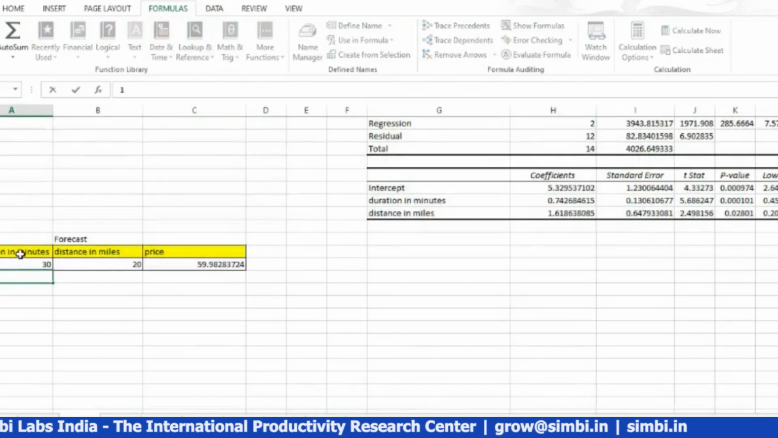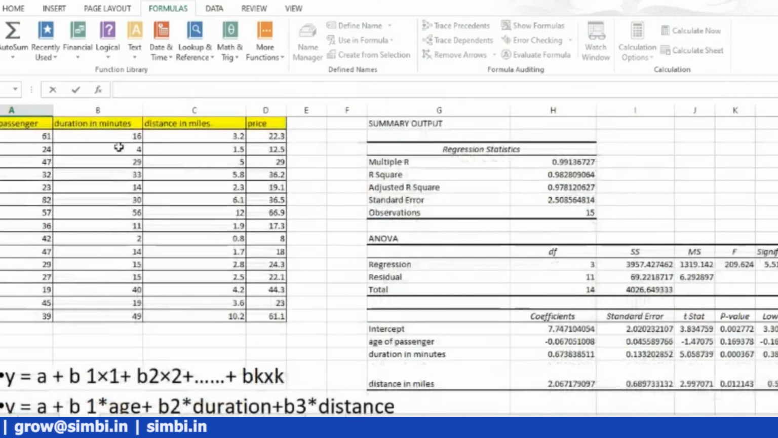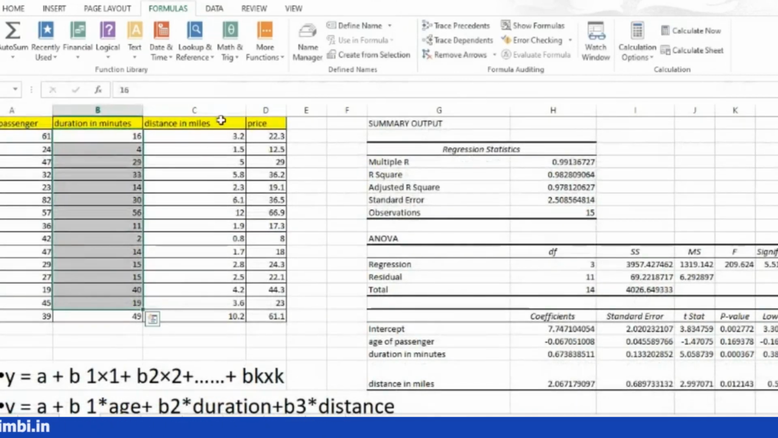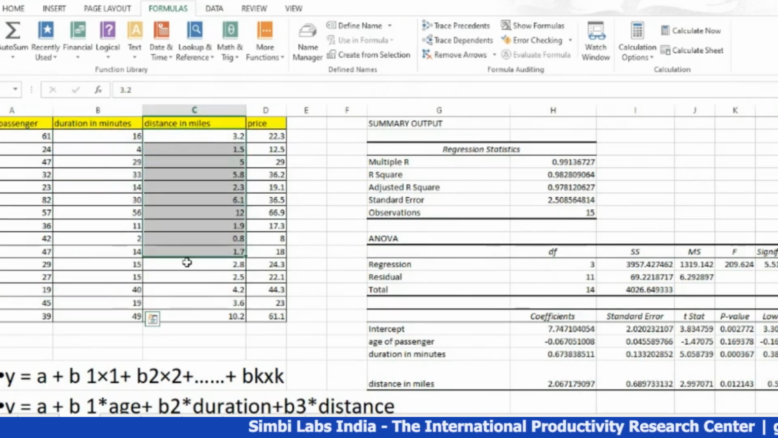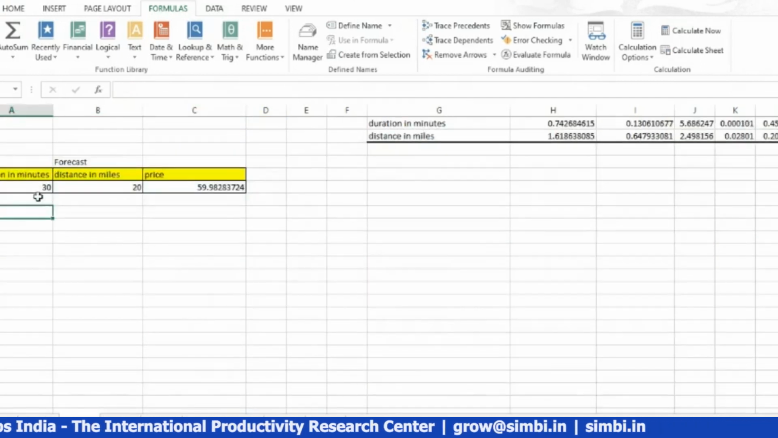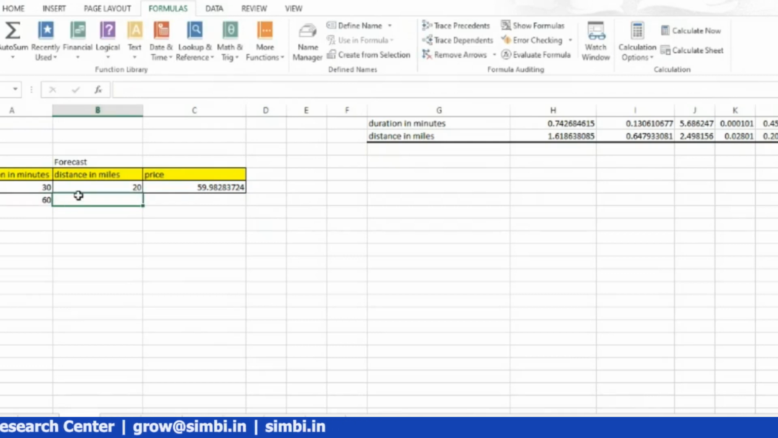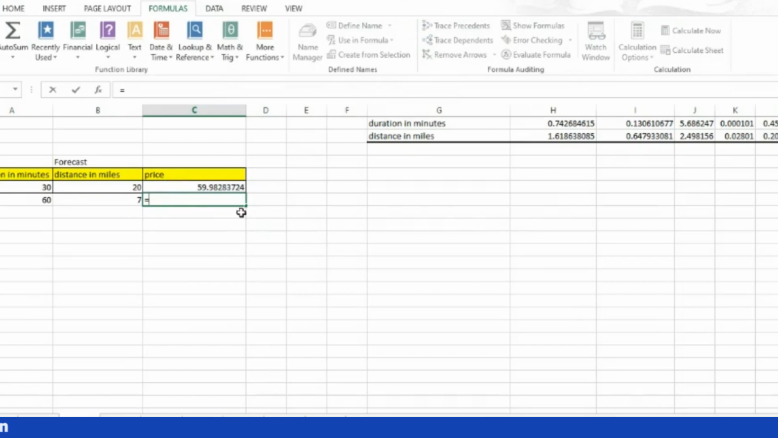if you choose 100 passengers, for the 100 passengers and for this many minutes and this many miles. For example, we can consider 60 minutes and 7 miles. For the 60 minutes and 7 miles, we can calculate the data,